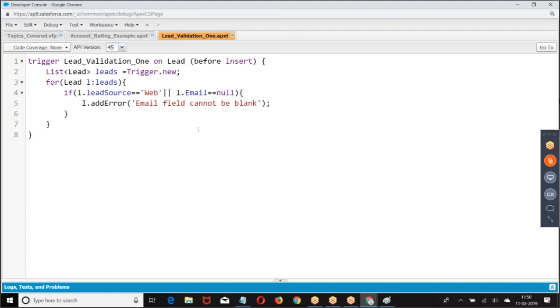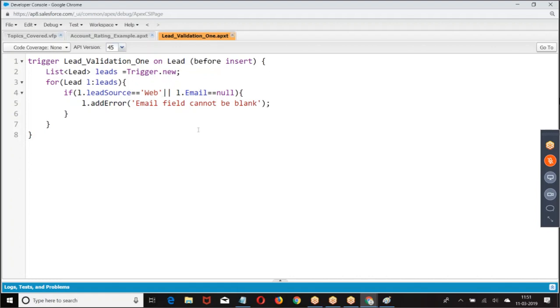Now this I cannot verify with validations. Validation will use only that particular record's data. It cannot fetch the data from the parent record. Are you getting my point? I have a rule on account and contact. Both of them are connected by a lookup relation. I want to write a rule: if anybody is trying to insert more than 2 contacts for a particular account, throw an error message.